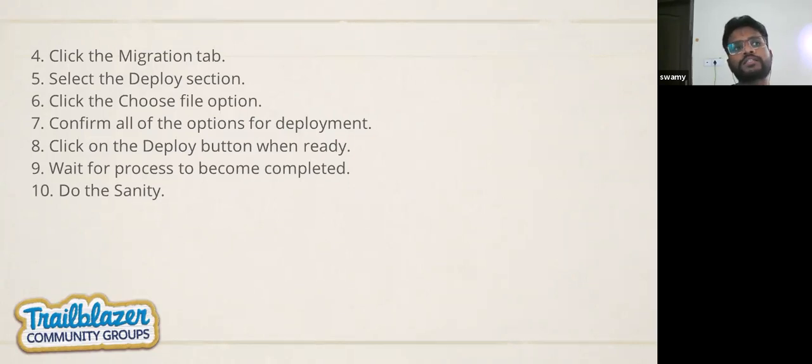If, say, a class fails, you can roll it back. After that you just click on the deploy button, and the deployment process is done. You can check the deployment status in your org. For that, go to Setup and type deployment status, and it will show in your org.